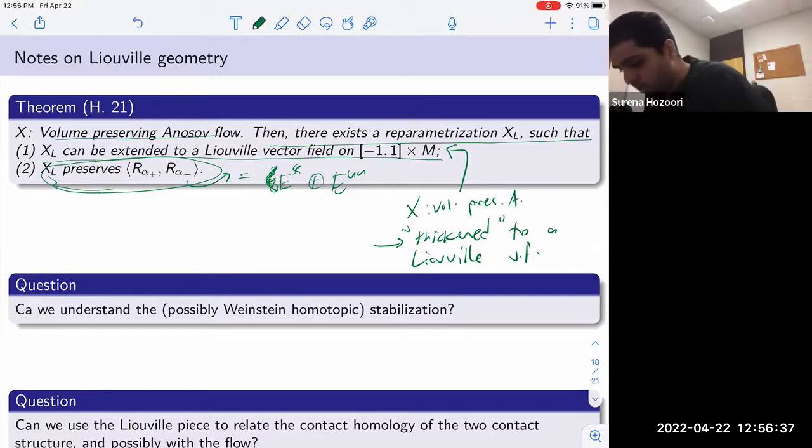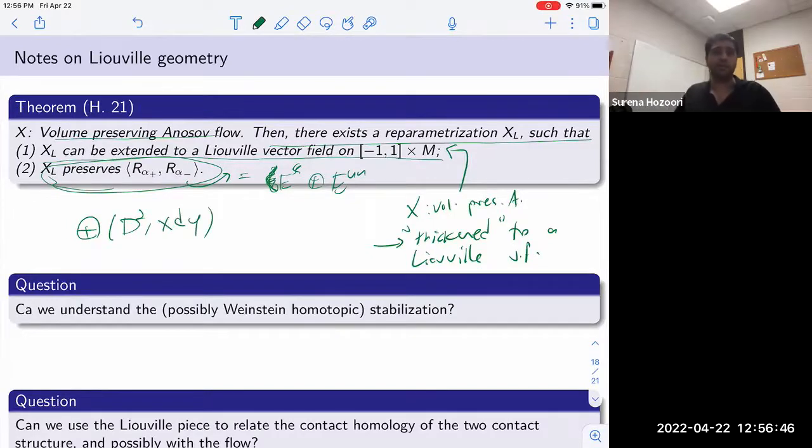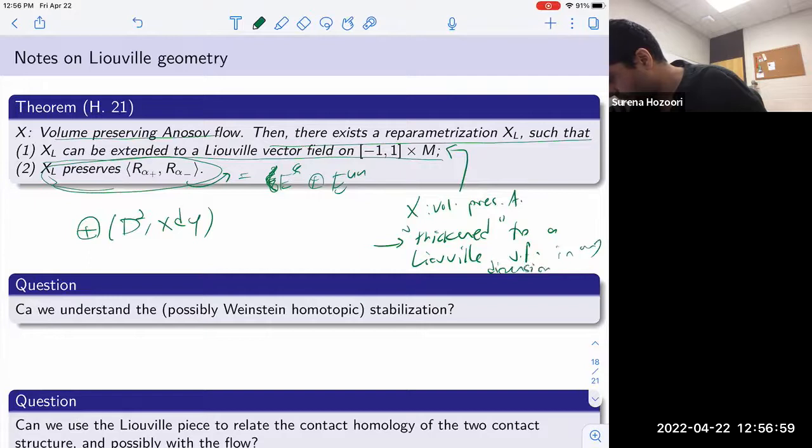Of course, you can thicken it to a Liouville vector field in any dimension if you just direct sum D2 and its standard Liouville form on it as well. So you can thicken this volume preserving Anosov flow to any Liouville vector field in any dimension. And in particular, it's interesting to try to understand the relation of this picture to Weinstein